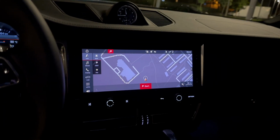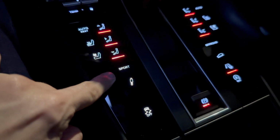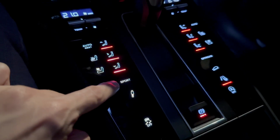And let's turn on the car. That's what you're here for, to hear the sound, the pop-up sounds. This car is really amazing. Now I'm currently not in sport mode, so when you're in sport mode, the exhaust opens up. So